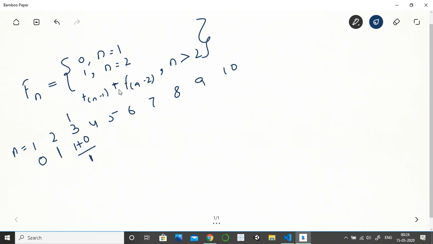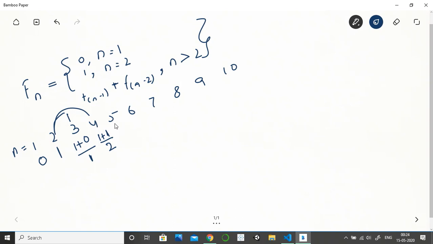Similarly, for n equal to 4, we calculate 4 minus 1, which is the value of 3, which is 1 again, plus the value of 4 minus 2, which is 2, which is 1 again. We sum it up and get 2.